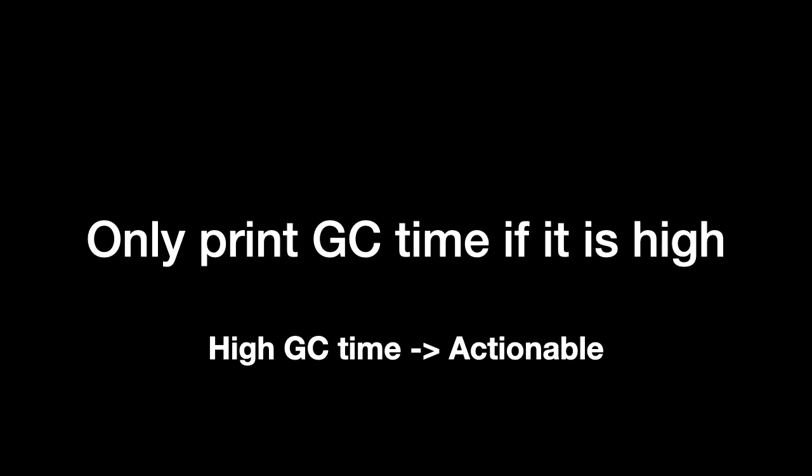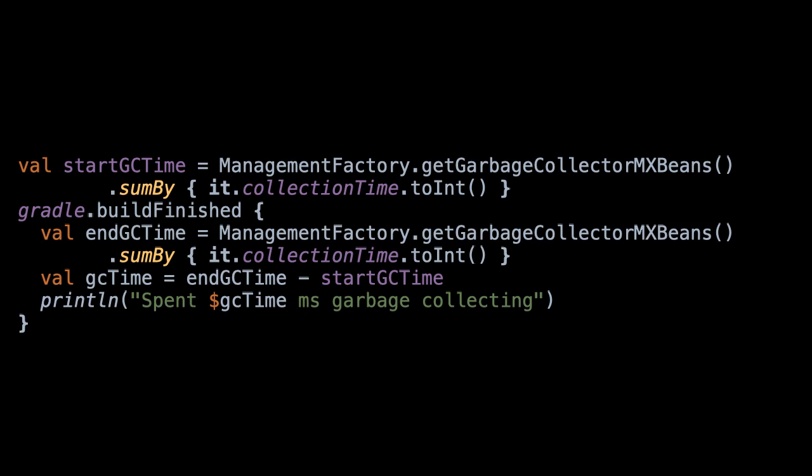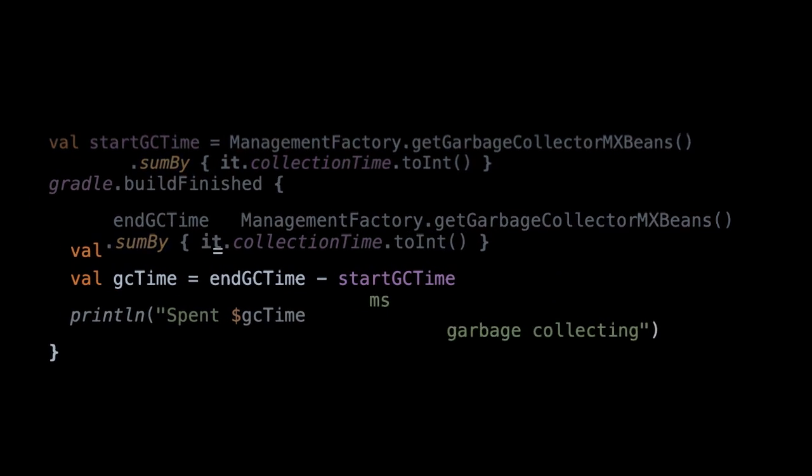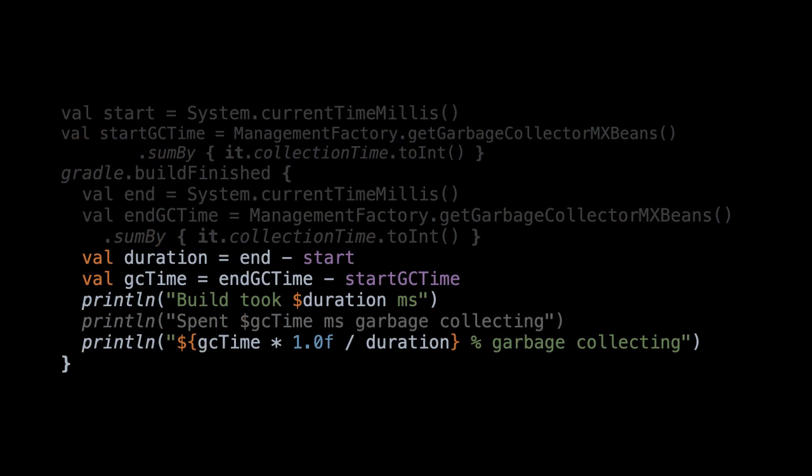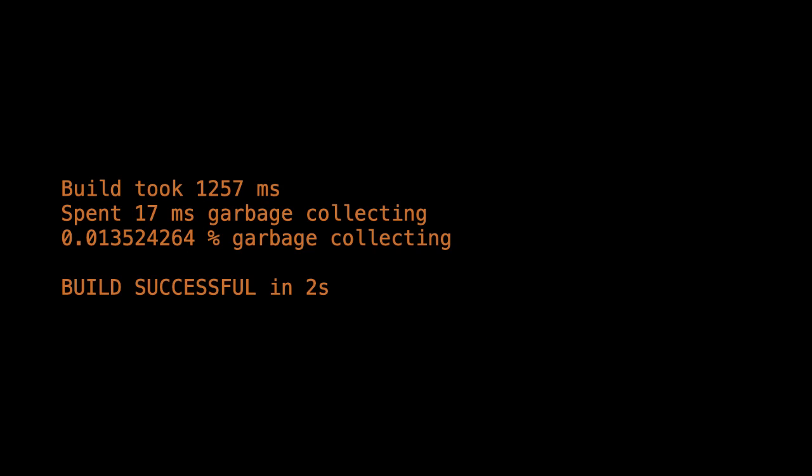Awesome. But in this case, we only want to print it if the time is high. So the way you do that is you just compare. This is just taking the code from earlier. You have the start time and the end time, the start garbage collection time, the end garbage collection time, and if you divide them, then you get the percent of time that the build spent garbage collecting. So in that case, the build spent 0.01% garbage collecting, which is